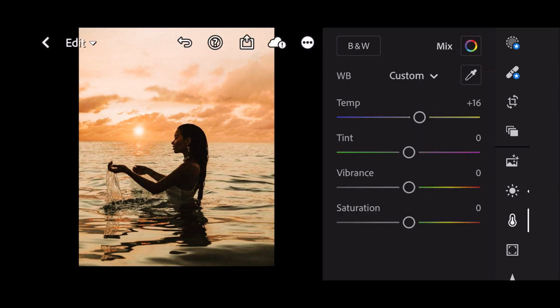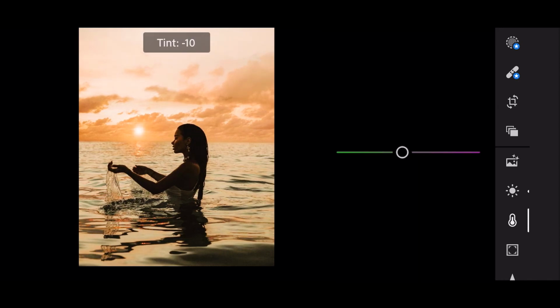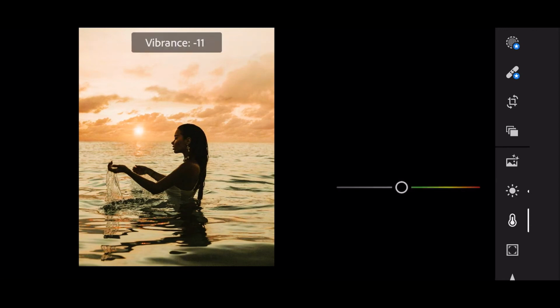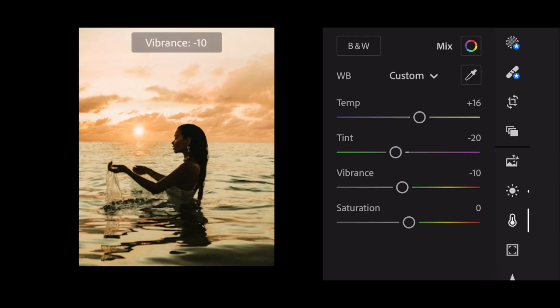Tint to -20. Vibrance to -10. Saturation to -8.